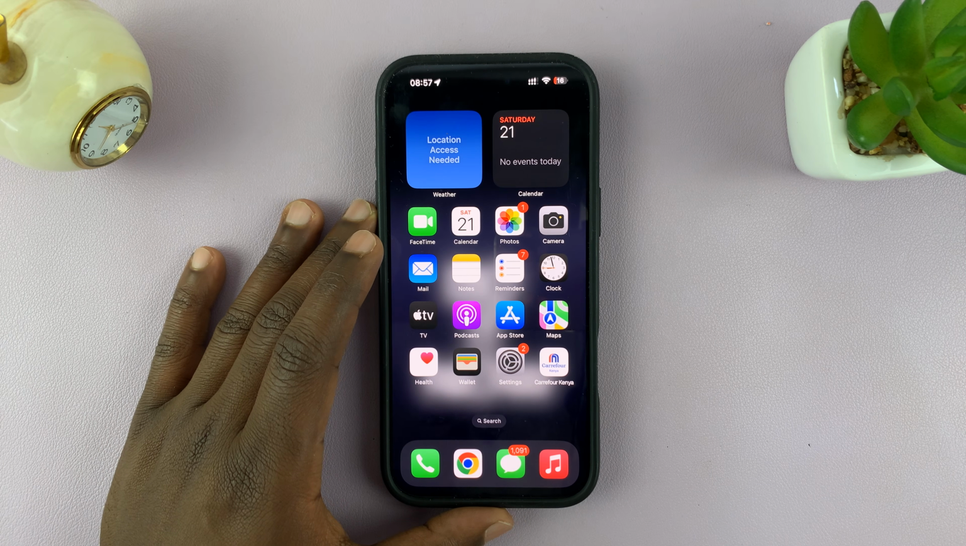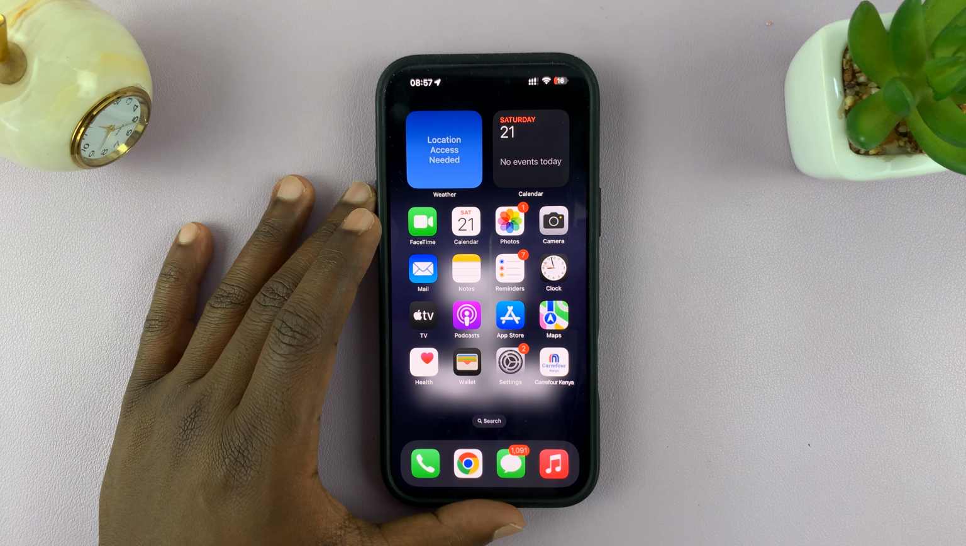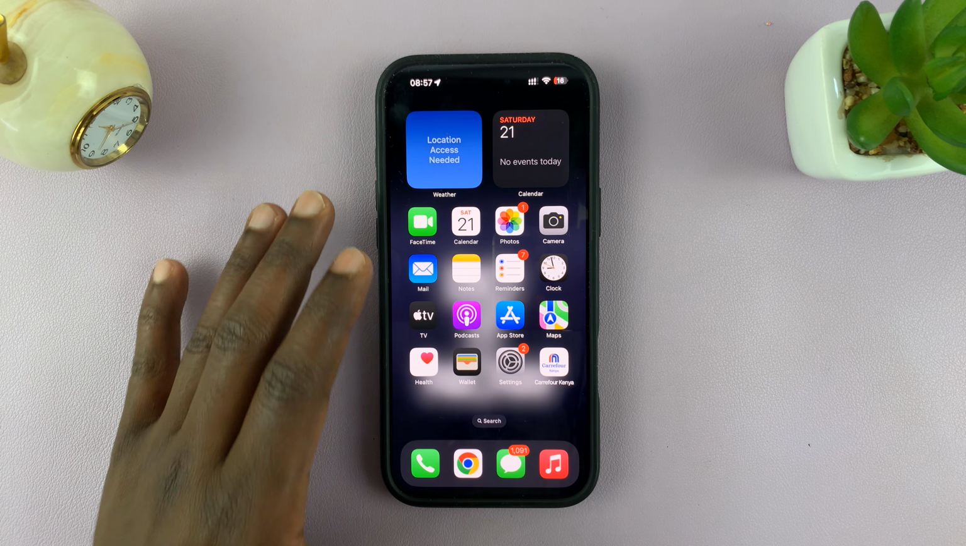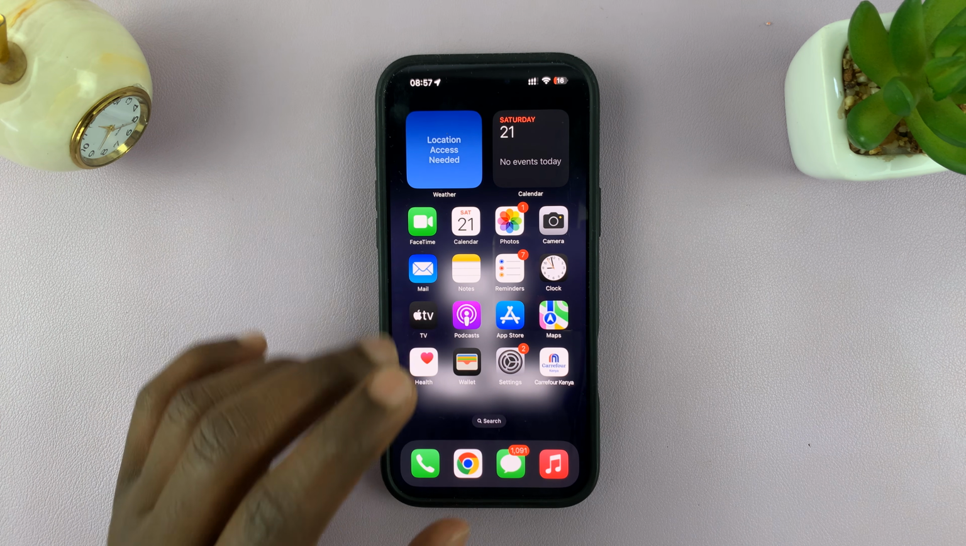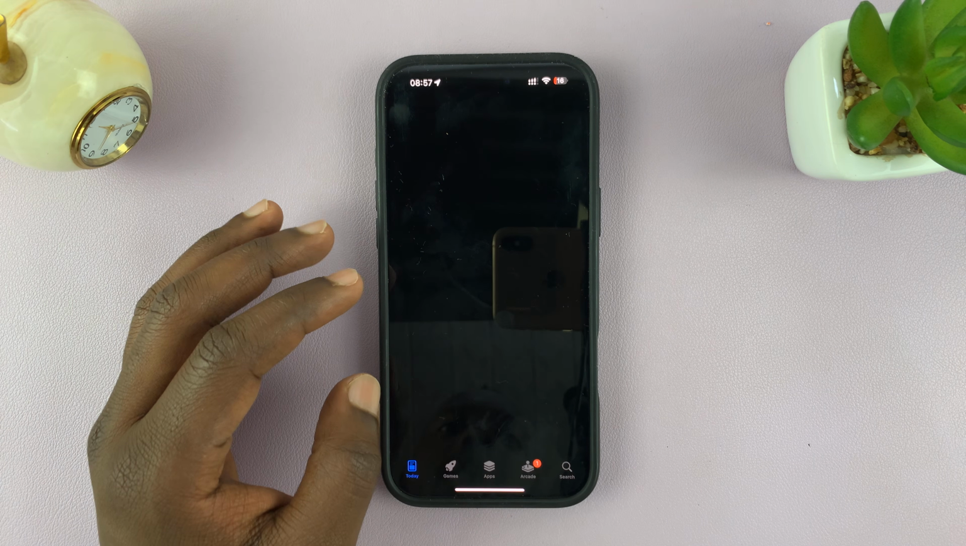So today I'll be showing you how to get Microsoft Copilot on your iPhone, so you can actually use the AI assistant right from your iPhone. To get this, all you have to do is go to the Apple App Store